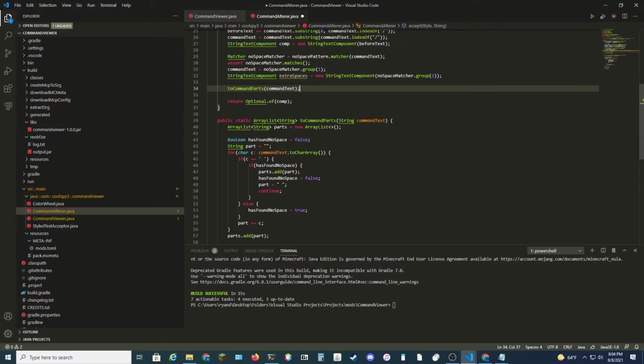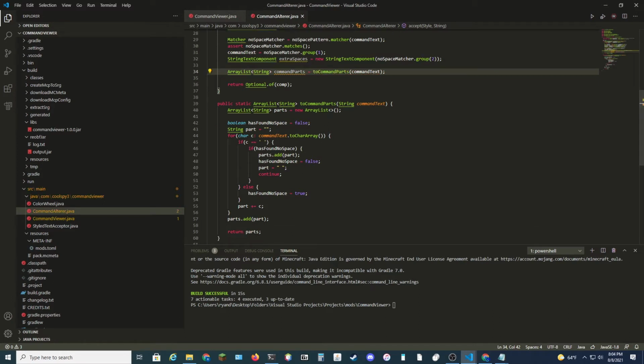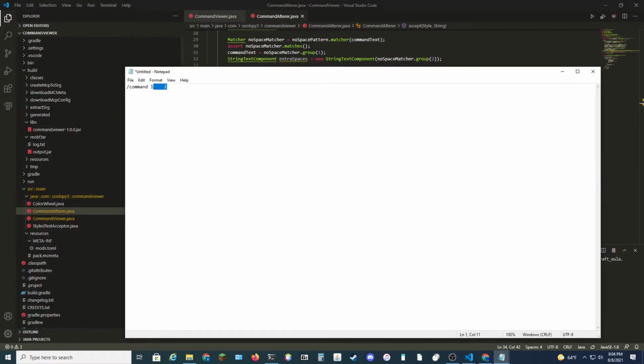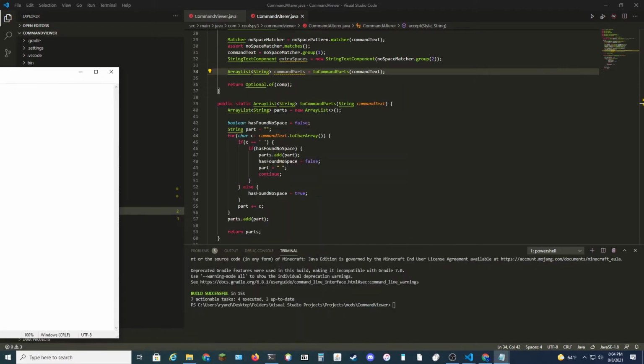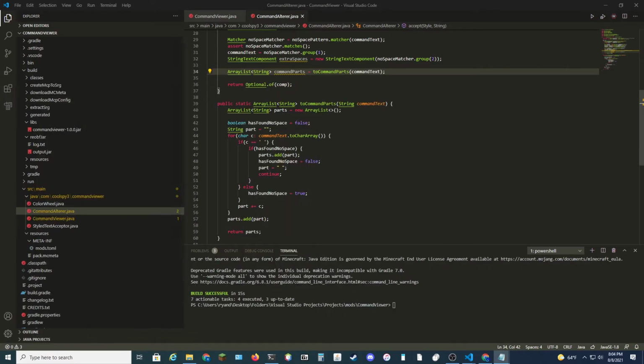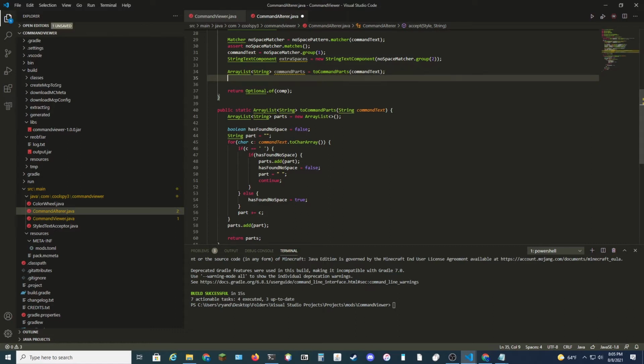So we just look at this real quick. Command parts. But if you think about it, we want to end up mapping these to commands, and so when we look at this, we don't want clicking on this bit to just type space 2 in chat. We want to type all of this. So every element of the list has to have all previous elements prepended to it. And so I think the way we can do that is just by saying,